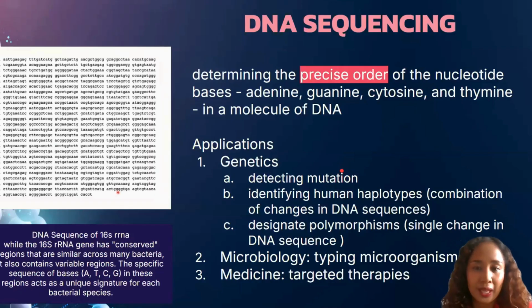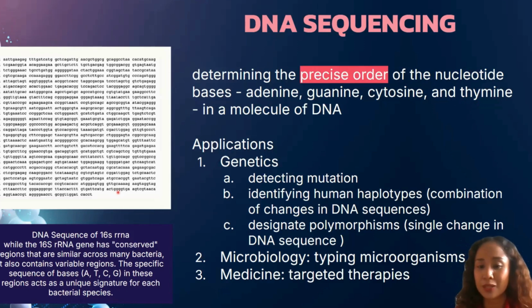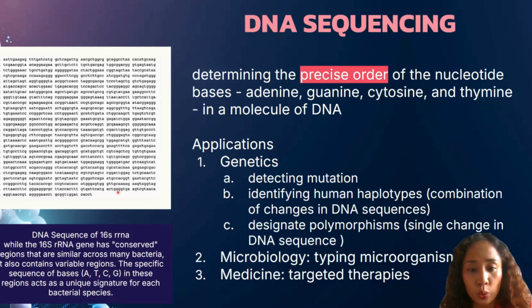So, what's DNA sequencing? DNA sequencing is so simple. Technically, you just want to determine the precise order of the nucleotide bases. Isn't it that your nucleotide bases are adenine, guanine, cytosine, and thymine? Your DNA sequence has a precise order. I have curly hair because of this, it's my characteristic, due to a precise order in my DNA. That makes us unique, and the same thing is true with you.